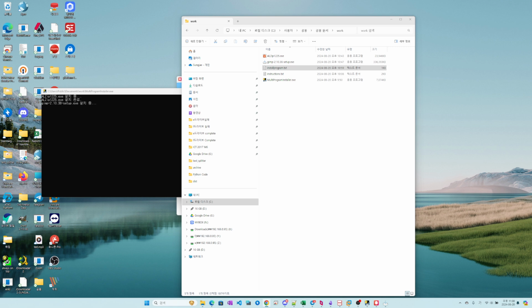Make sure you have the necessary permissions to install software on your computer. This tool can handle both .msi and .exe file extensions. Now you can easily install multiple programs at once with